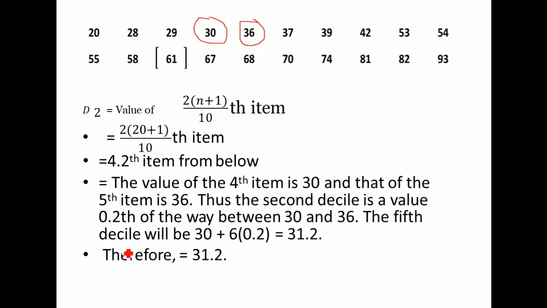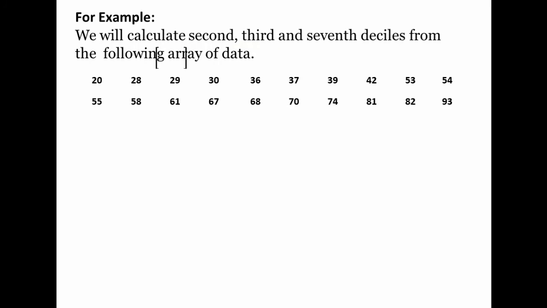The fifth decile will be 30 plus 6 into 0.2, which is equal to 31.2. Therefore, this is equal to 31.2. So, the D2 value, the 4.2 position item, the value of the fourth item is, you see over here,